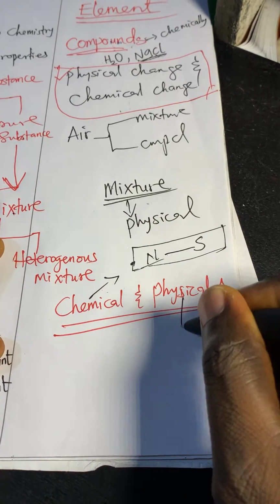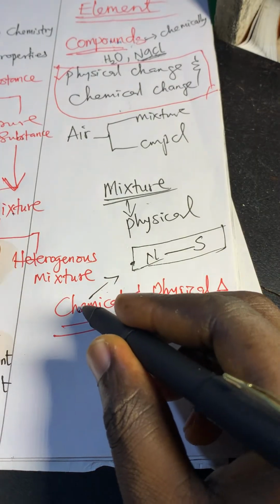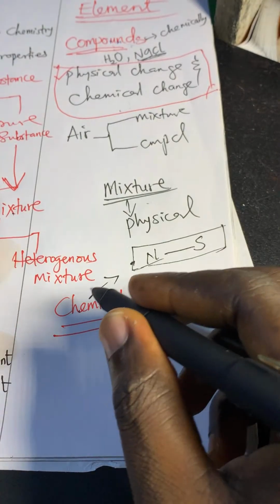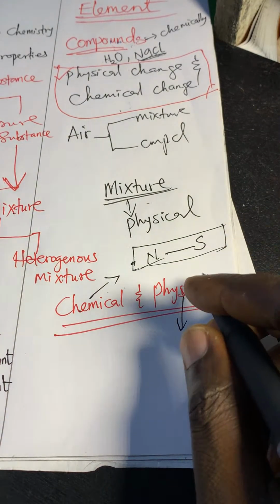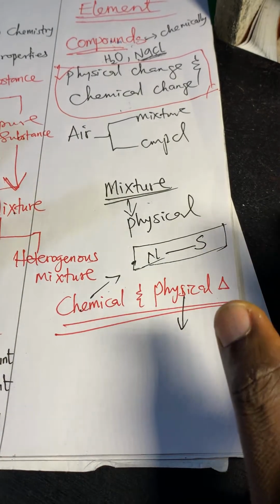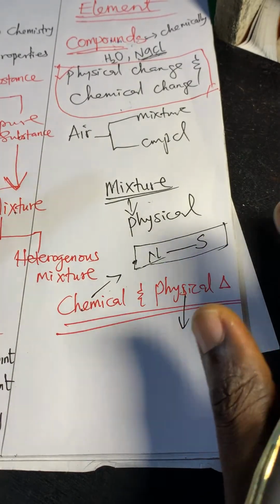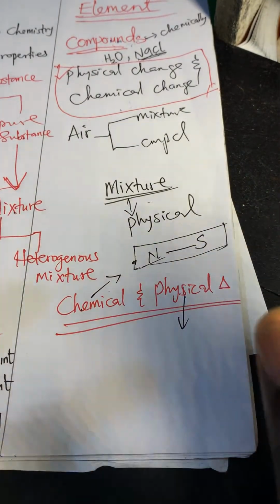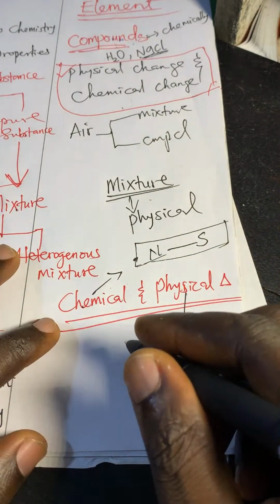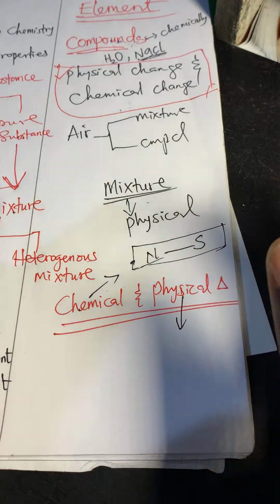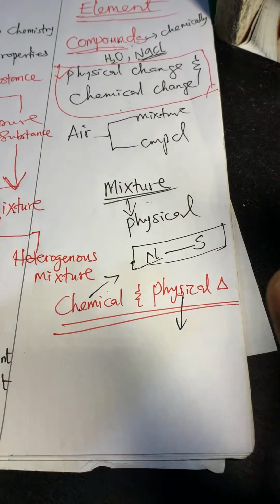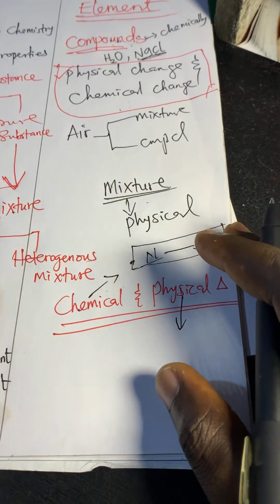Then we talk about physical change. Remember, a chemical change is not easily reversible. But when we talk about physical change, what do you need to know? Physical change rearranges molecules but does not affect their internal structure. Like now, you have an ice block. All of a sudden it melts, forming pure liquid. But when you take it to a freezer, you can still get it back to ice form.